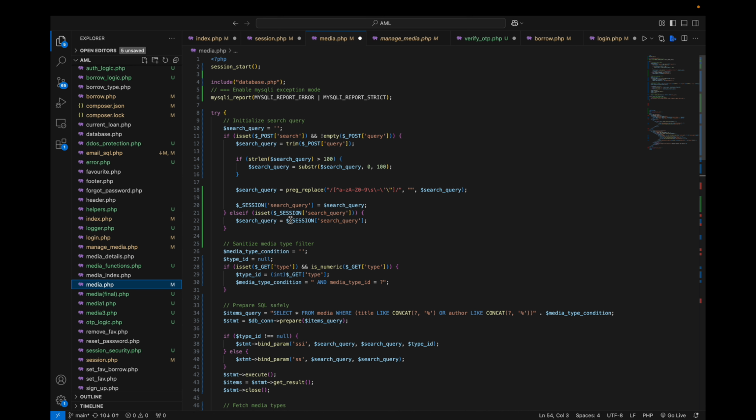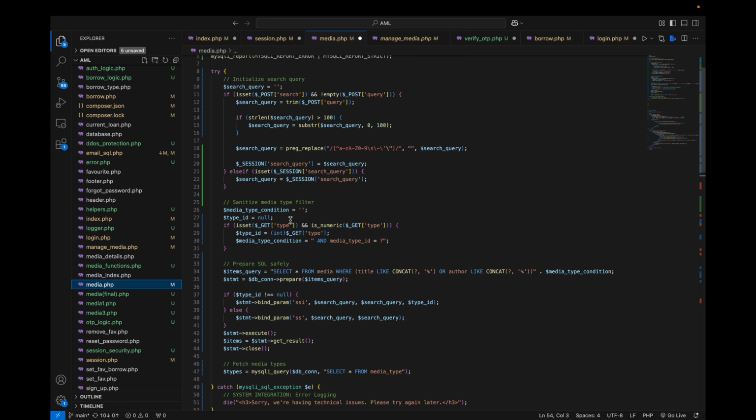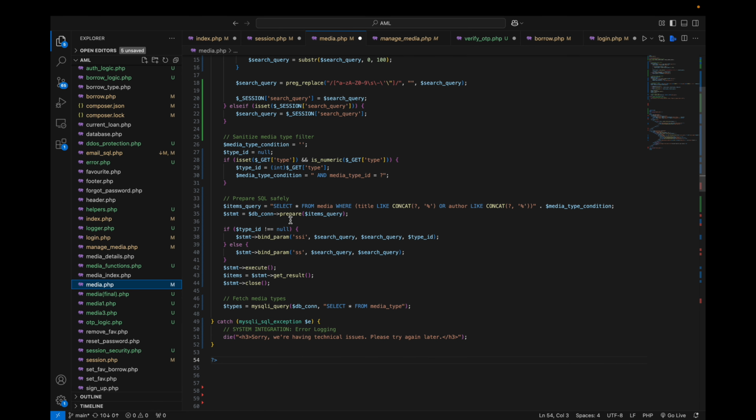It starts by sanitizing the user input through length limits and regular expressions to remove potentially malicious characters. The validated search query is stored in the session for persistent filtering across navigation. To prevent SQL injection, the script uses MySQL prepared statements with parameter binding, even when applying optional filters like media type. It supports flexible filtering by book title and authors,